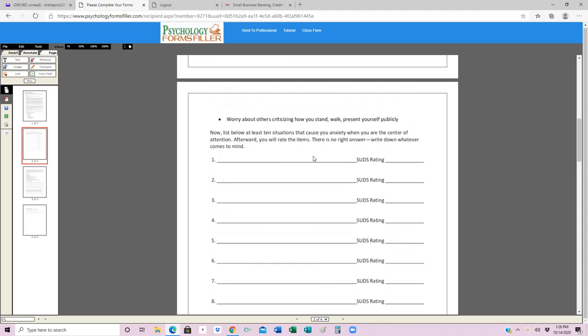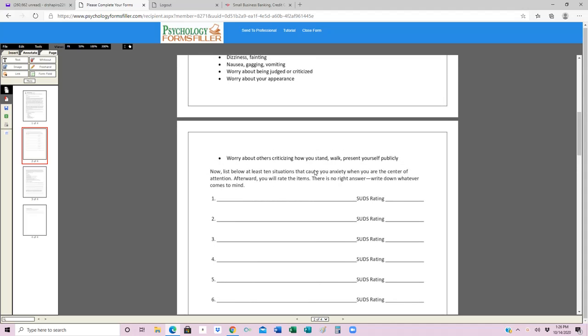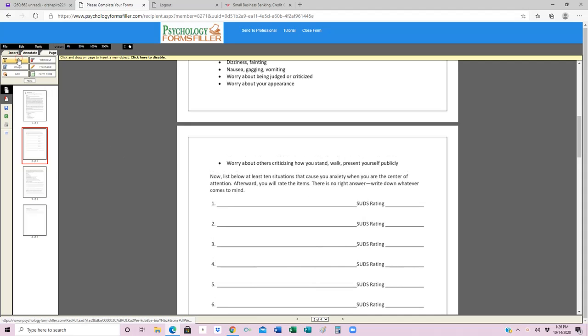and then let's see, it says now list below at least 10 situations that cause you anxiety when you are the center of attention. So they click the text button and simply click, and what caused me anxiety: when I have to give a speech, and the SUDS rating might be 10. Again, they can make that a little larger. Once you've made it larger, it's going to stay that size